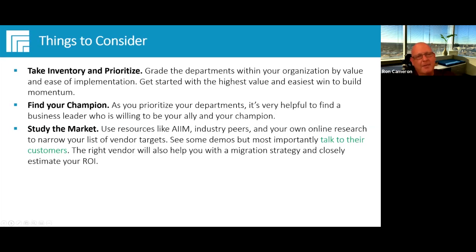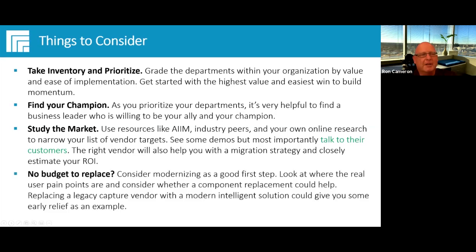Most important thing in my mind, being a vendor, is that I love it when our prospective customers talk to our current customers. It's the best sales tool we have, because we don't have unhappy people. We strive mightily to keep our customers happy. So it makes me very happy and very proud when people talk to our customer base. Getting on the phone with the customers of the prospective vendor is all the insight you need. It's a really good place to start. And another important thing: expect that vendor to help you. Expect them to help you identify a migration strategy and help you build your ROI story so you can get it sold internally.